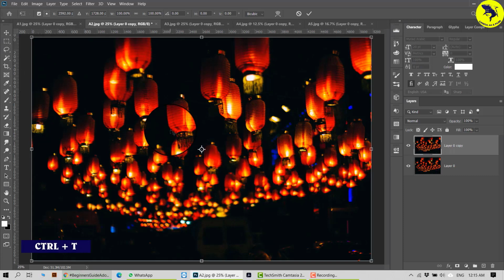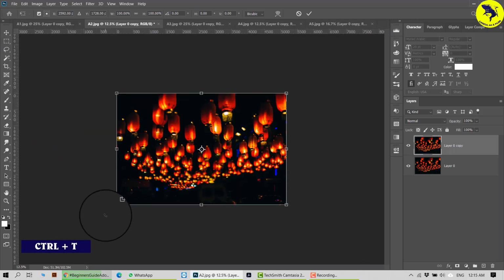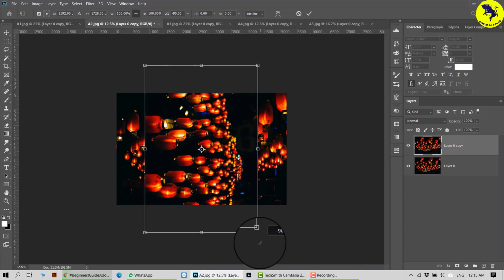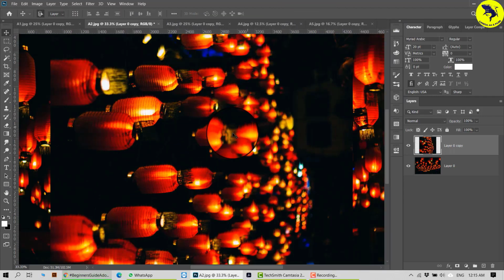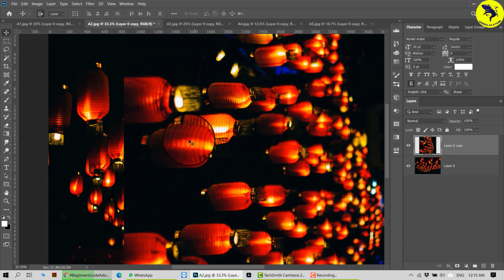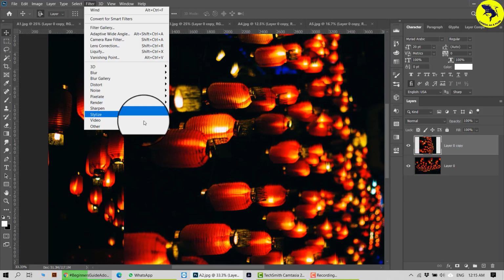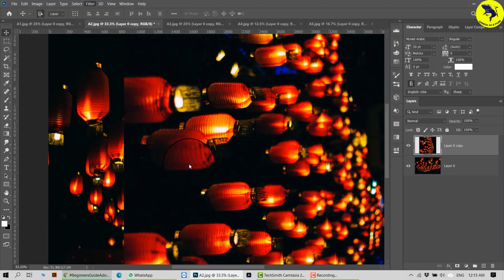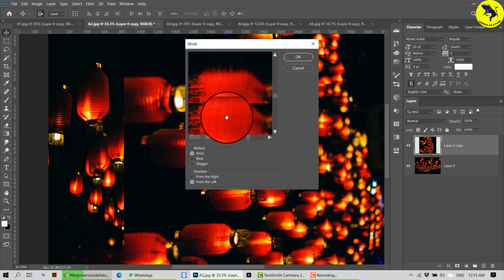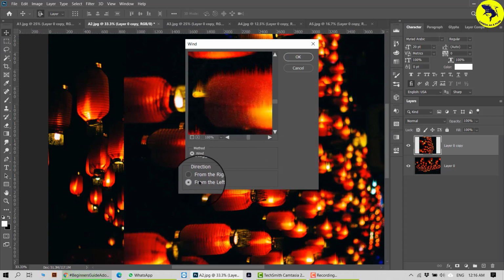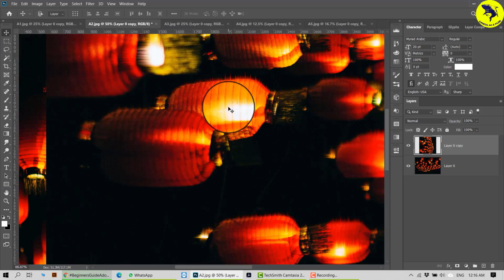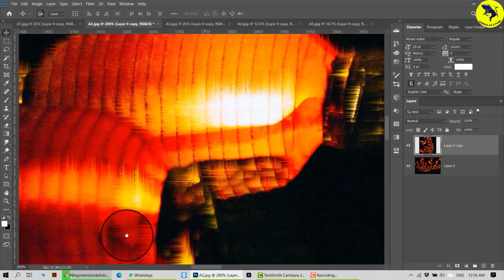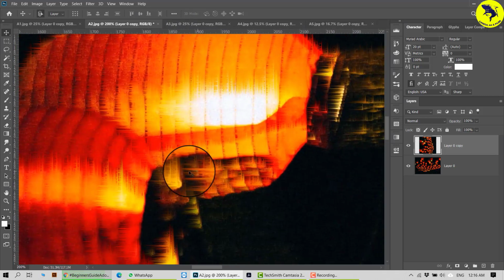Control Z, go out and rotate your image. Hold your shift and rotate your image. So my image has been rotated now. Now I want it to go downward. So again I'll select it, go to filter, stylize and wind. And you see, it is showing you the down effect. You can specify which effect, and if I zoom in, you can see the effect here that is going downwards.